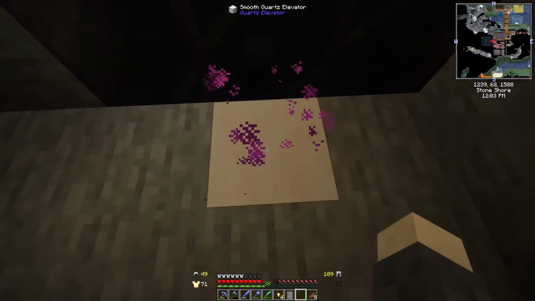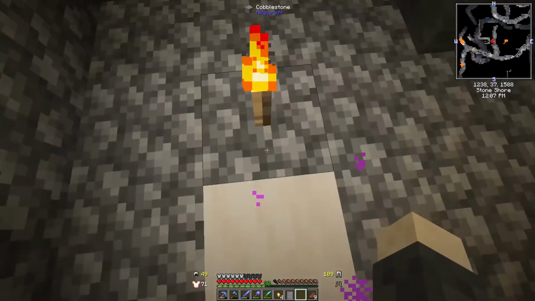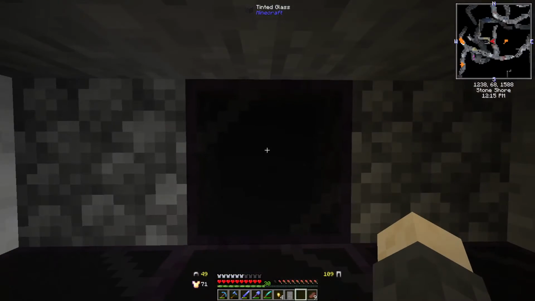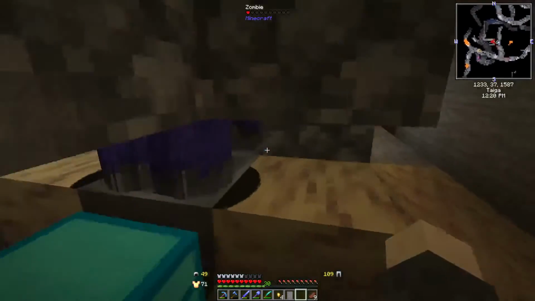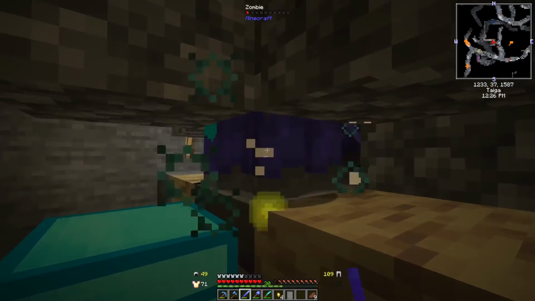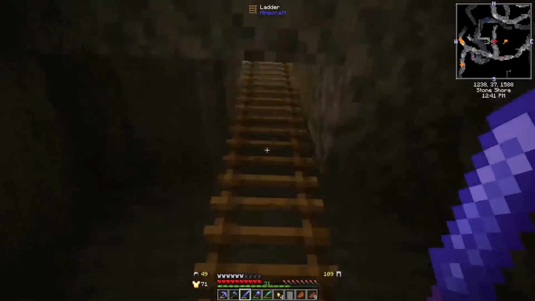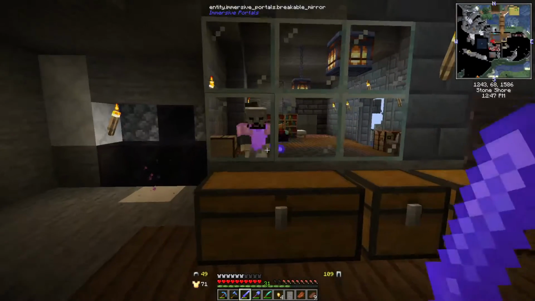And this right here is a quartz elevator. So if I crouch on it, I go down to the elevator below, set another block, and jump to go up, crouch to go down. So nice, quick, easy way to get down here to our kill area. Okay, that's better. Yeah, so we've got a pretty cool XP farm, and these mirrors, let's talk about those for a second,